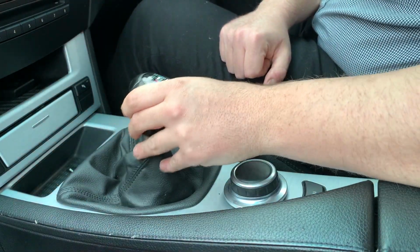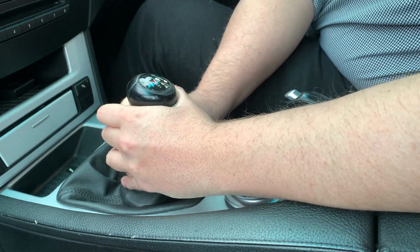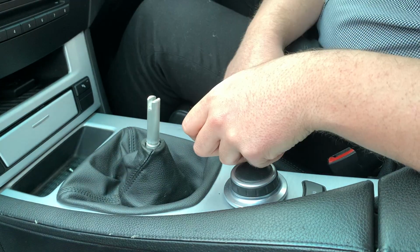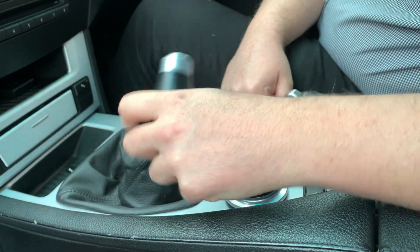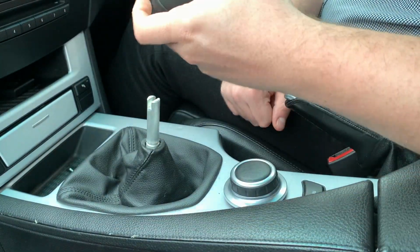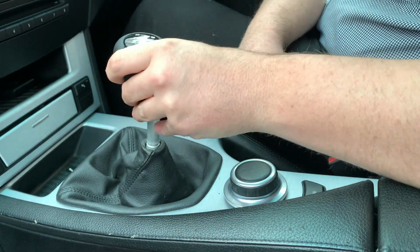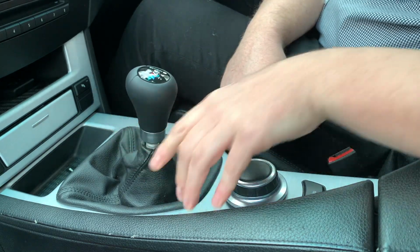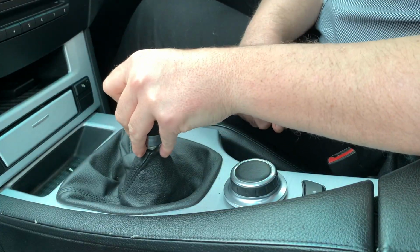Right, so what we do then is grasp around the bottom of it and pull up, and obviously keep your face away like that. So there you go, simply just a shaft, and it's got a little groove in there which it locates into. So you pull that one off and put that aside. This one here, just line it up like so. It should line up. This one's quite fresh, so that one slides up and down really easily, but this one's